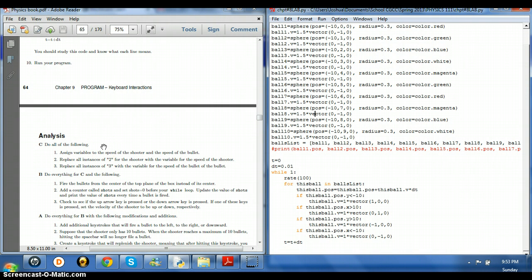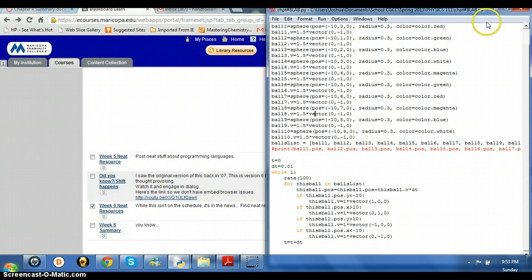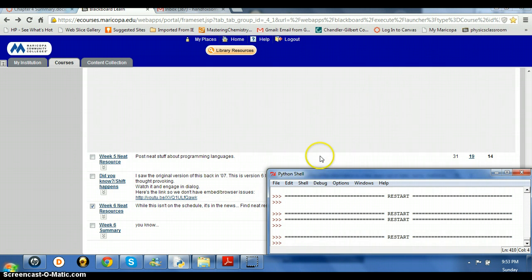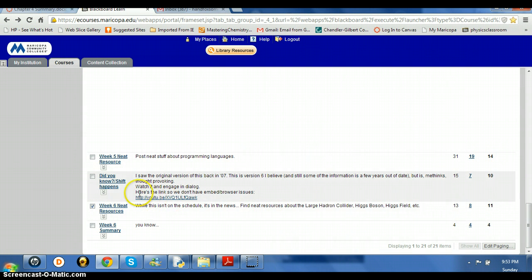So yeah, that's it for the chapters. Like I said, I started the Did You Know assignment and the week 6 neat resources at the beginning of the week, so those were done pretty early. Overall, I probably spent about, I would say, 12 hours this week on physics, mostly due to the chapter 8 and 9 labs. They were a lot of commands, and I had to do it over multiple days, so it just took me a little bit longer than I had anticipated, but never fear, head to the grindstone and you get it finished.